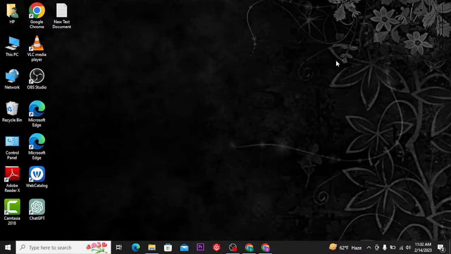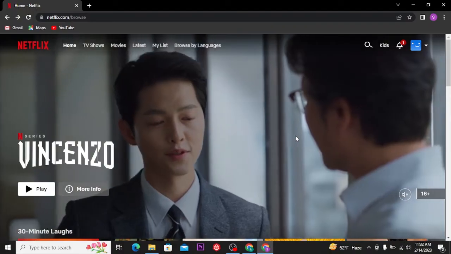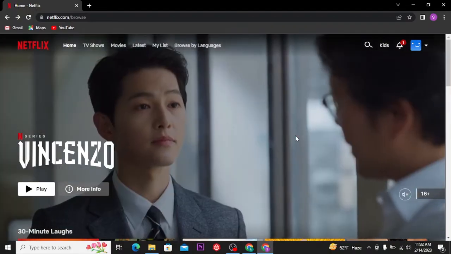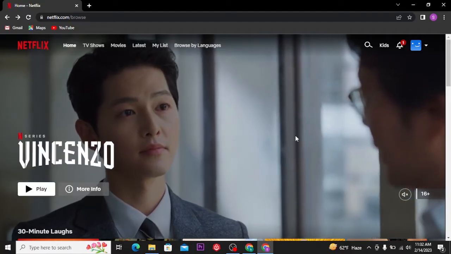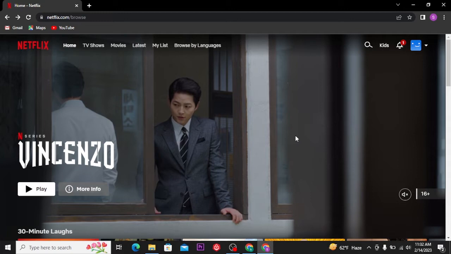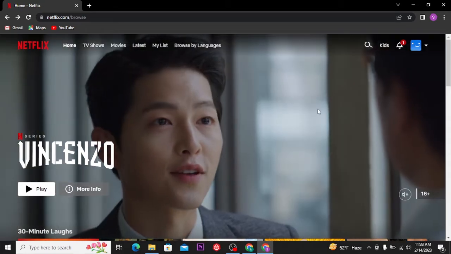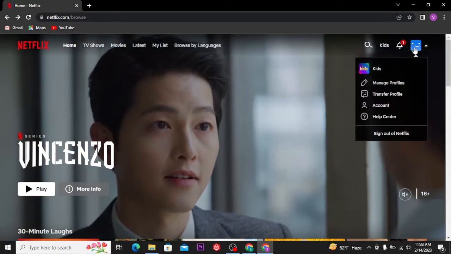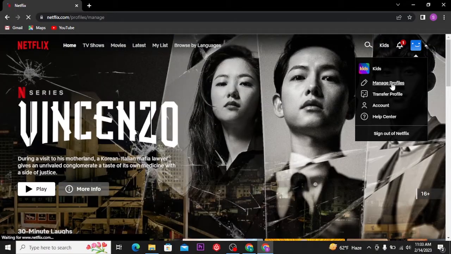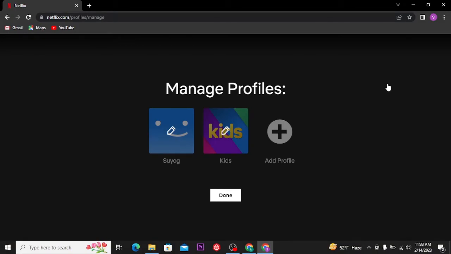Firstly, open any web browser on your PC and there search for netflix.com and make sure to get logged into your account. And once you get into the Netflix account, from the home page of Netflix, head over to the profile icon at the top right, and from there tap on manage profile option and select the profile that you want to